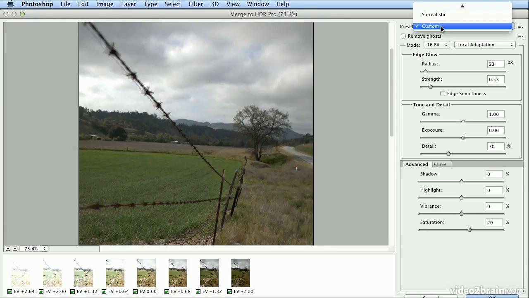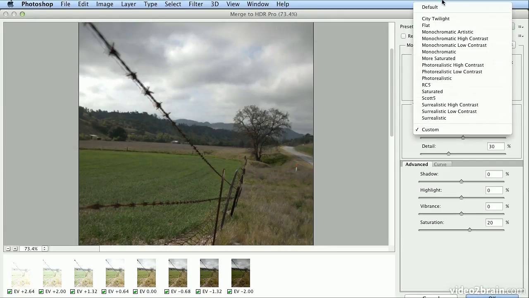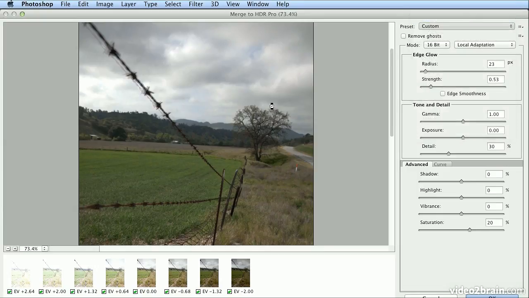Up at the top right, I even have presets, and often HDR is used for building shots where you may want to capture a lit sign or a lamppost that's in the dark. So you could take several exposures and get the best detail around the edges of the lamppost while still capturing good light. So if you had a shot at city twilight, you could choose that, and I could see how